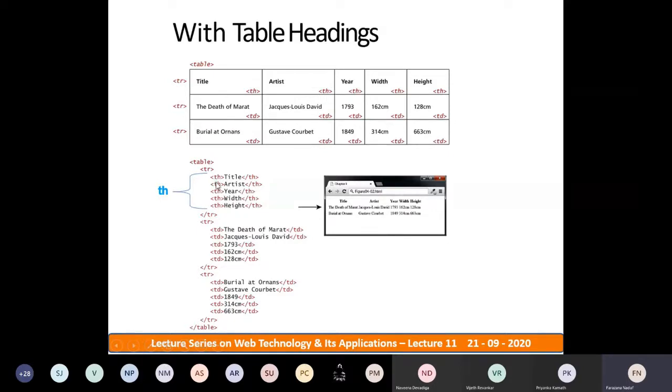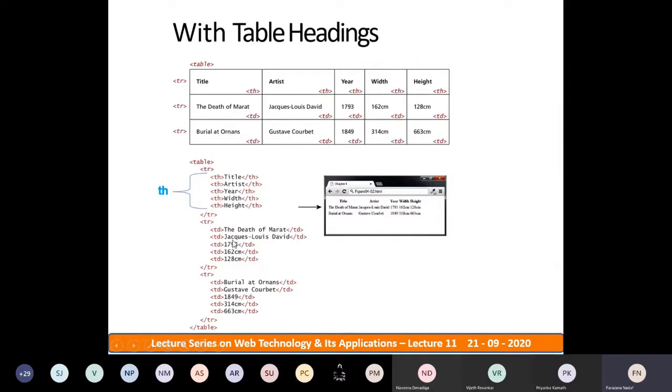Once all the headings are over, close that tr. Remember, whenever the first row content is over, close that tr. Then open the tr, then add the content of the first row, that is td. It is not th, right? Just see the difference between a table heading and table data, how it is displayed.